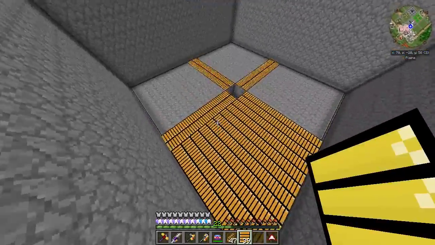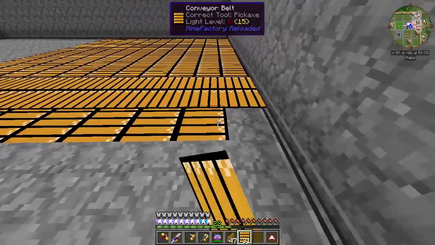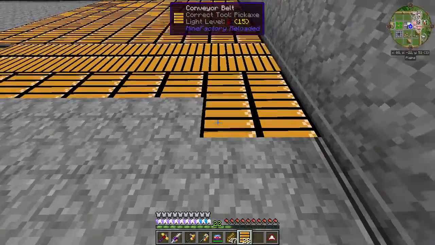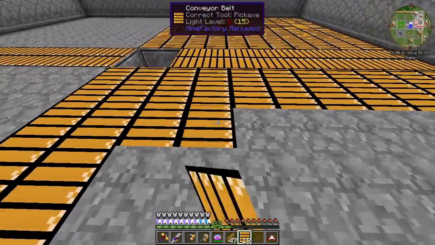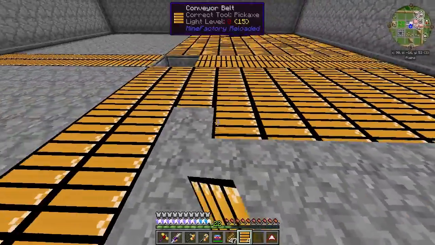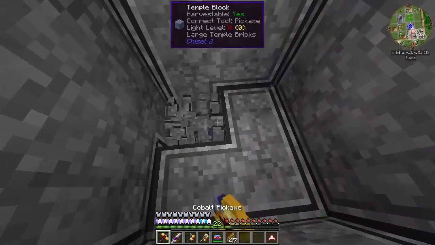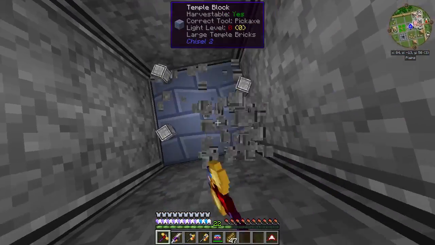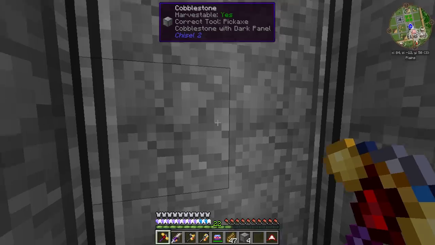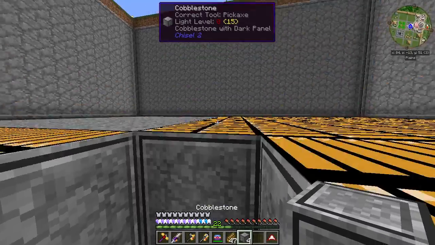Yeah, we're gonna go and do this, and what this should do is basically the witches will spawn, and they'll all get conveyor belted into this hole here, and then we're going to have probably, I don't know if we can dig this one lower. Yeah, we can, I suppose. We're going to have 1, 2, 3, 4, 5, 6, 7, 8. We're going to have 8